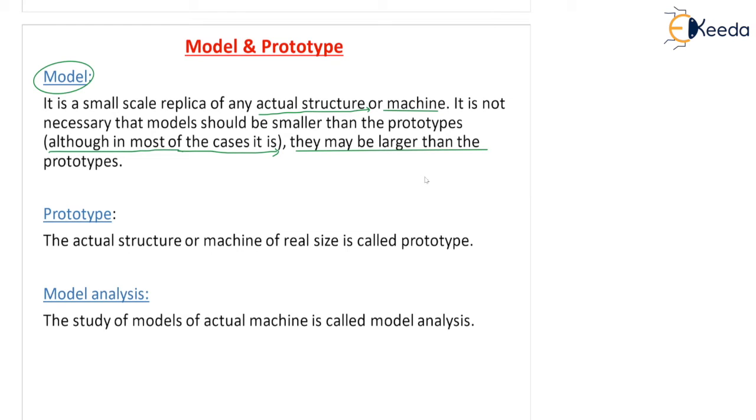For example, I want to tell you why you are going for a small size model. Suppose the big prototype is like a train, bus, plane, or big trucks, which cannot be accommodated easily in the laboratory. Suppose I want to analyze the flow over the wings of an aeroplane. You know the size of the aeroplane, right? It's very big, and we also have to make such an arrangement so the flow will go over the wing surface. It's very difficult to make such a big laboratory and all the equipment. So for our convenience, we will make a small perfect model.